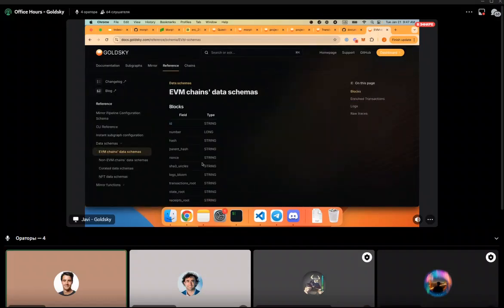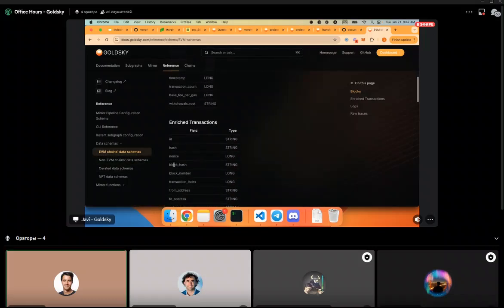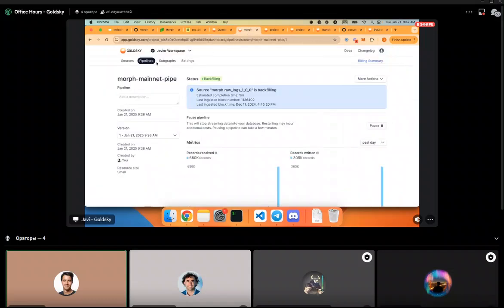to see the data schemas for each of these data sets. So you get to see, okay, what data am I going to be working with if I were to use, for example, an EVM chain with the rich transactions? So that would be one thing. Now, if you wanted to see actual data, I think today the most similar approach you could do is